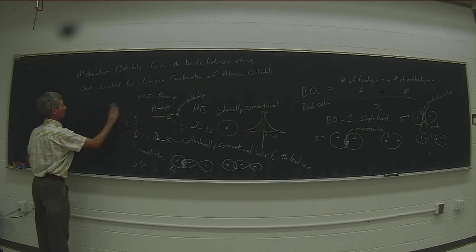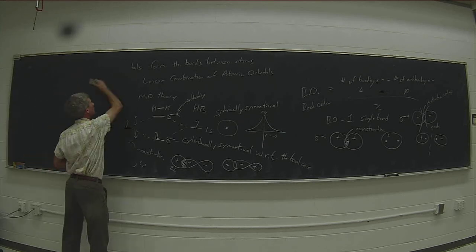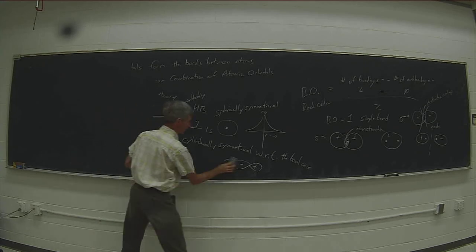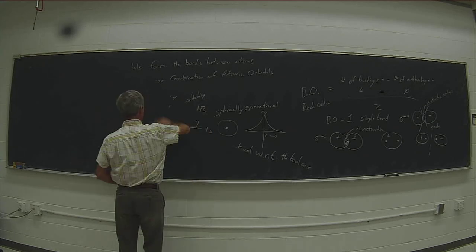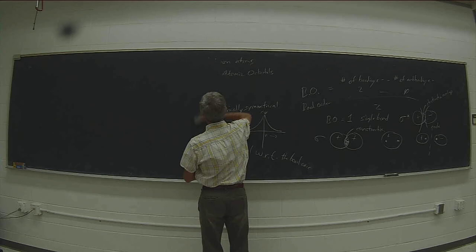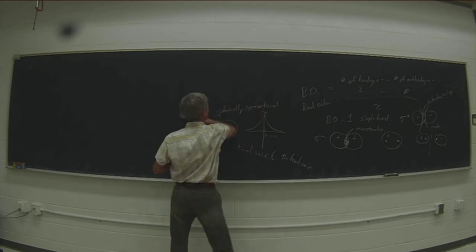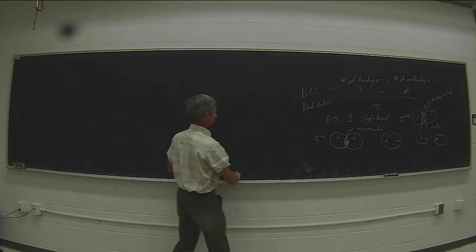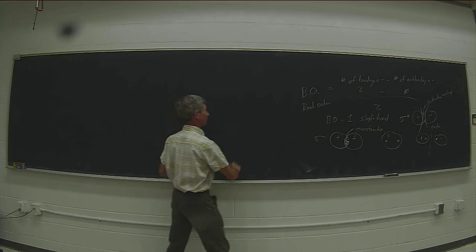The 1s orbital on one helium atom with a single 1s orbital on the other helium atom. And since the electrons are not allowed to be present while we're forming the molecular orbitals,